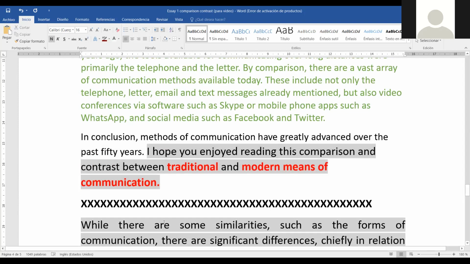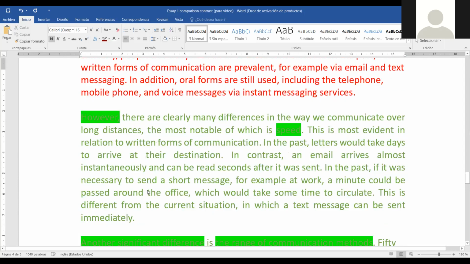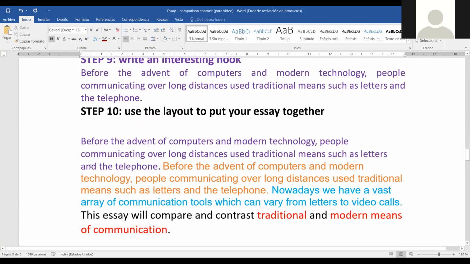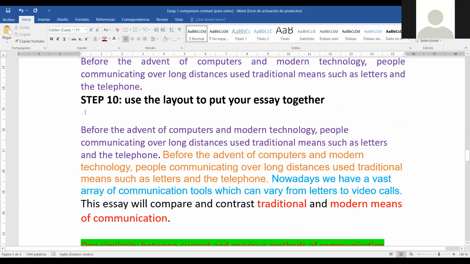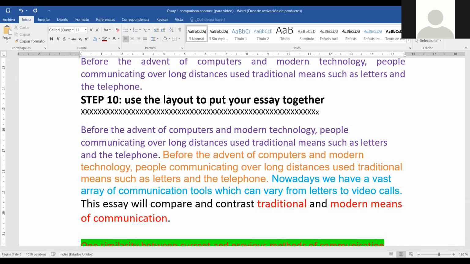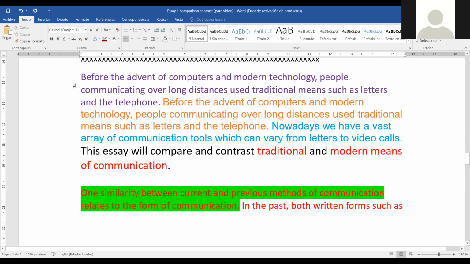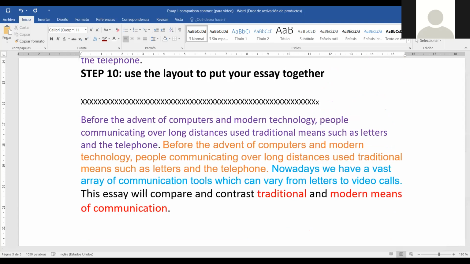So this is our fifth paragraph essay. And I repeat, why is it fifth paragraph and not five paragraph? Because I decided to include two similarities. But basically, it should be only four paragraphs. Yes, one similarity, one difference, introduction, conclusion. It should